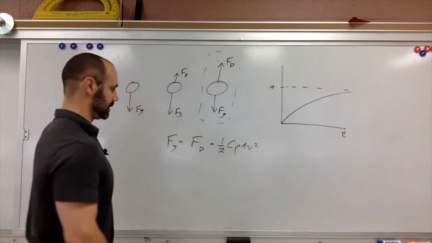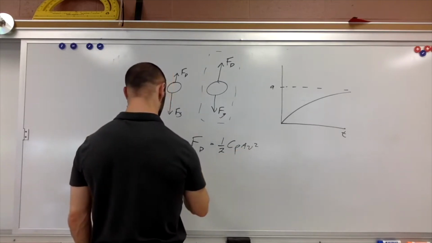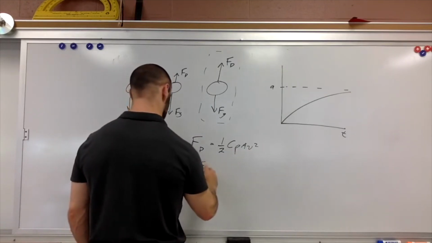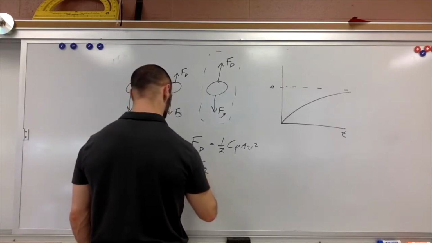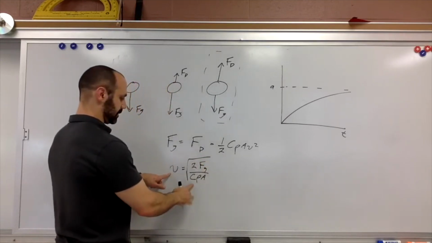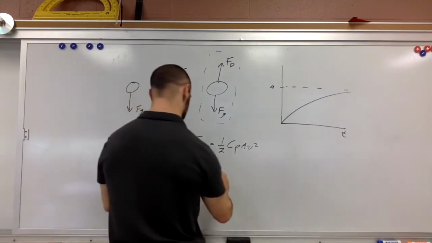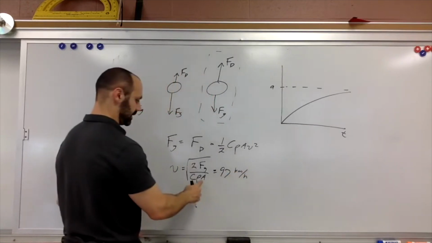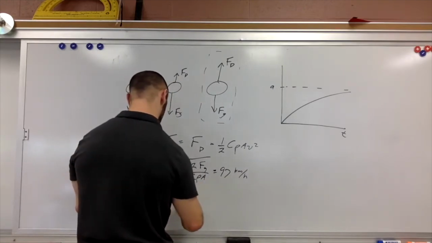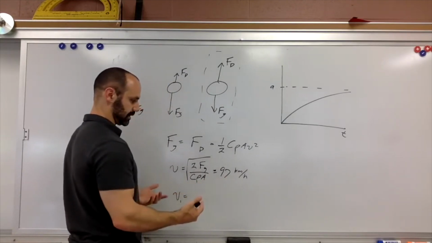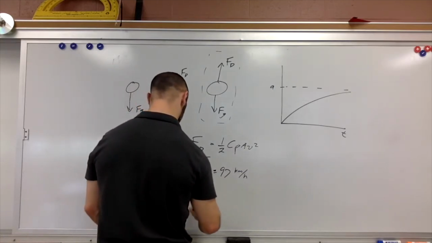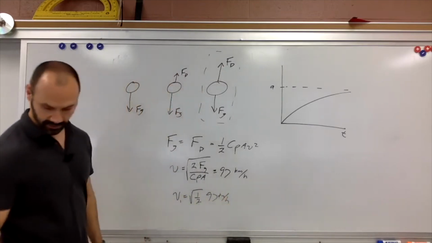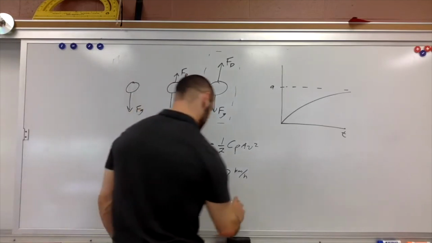Right. And so we have one value for V. So what is V equal to? V is equal to the square root of 2 Fg over C rho A. Right, but what I'm doing now is I'm doubling A. This I know is equal to 97 kilometers per hour. But when I double A, that means I'm multiplying this by 1 over root 2. Okay, so 97 times the square root of 1/2 is